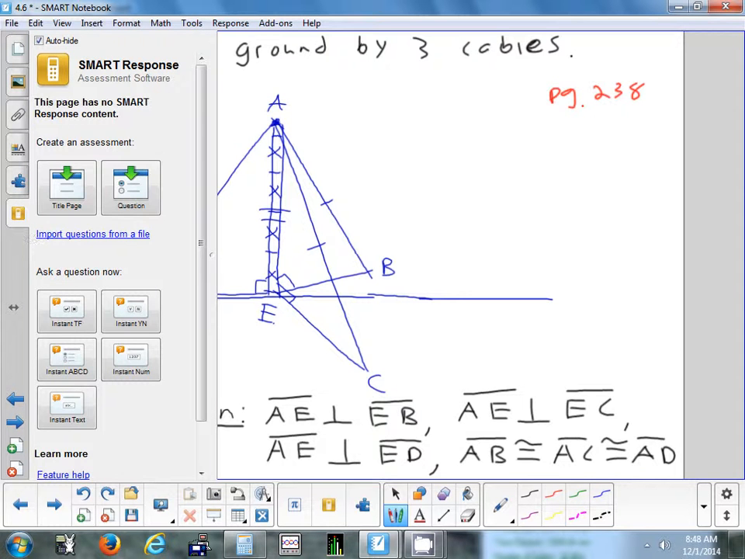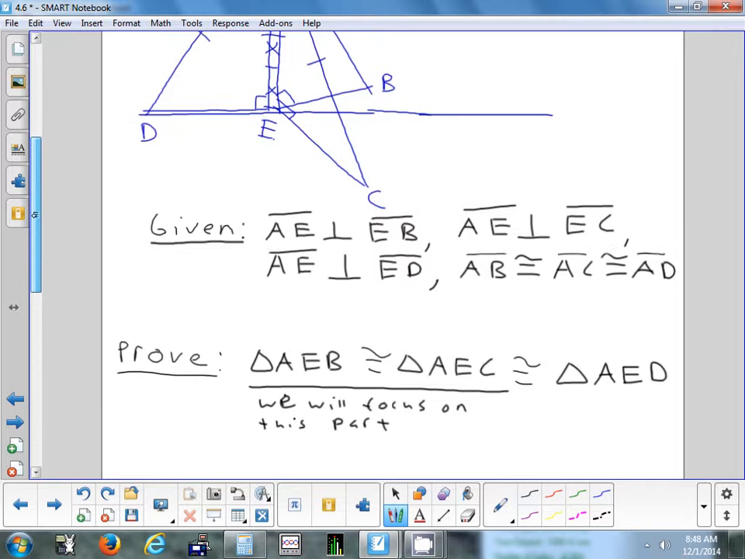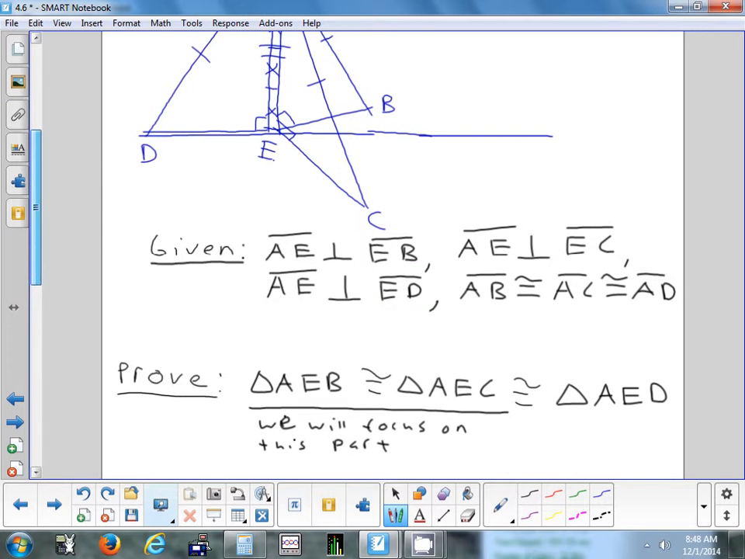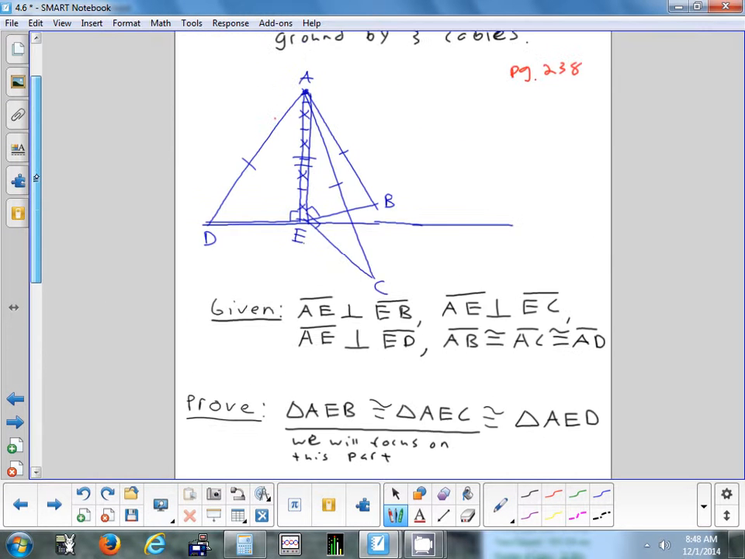Okay, so what I want to do is prove that basically the 3 triangles we have in that picture are congruent. What we'll do is focus just on the first 2, because if you can get the first 2, the third one is more of a repetition of the first 2. So why don't you try that one on your own? See if you can show that